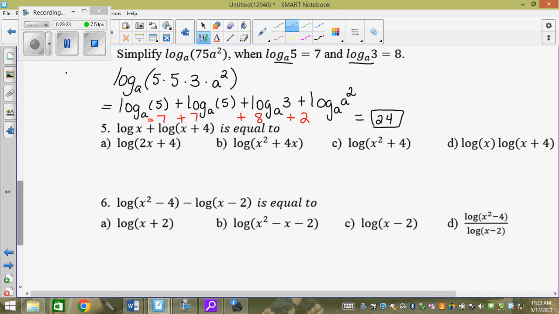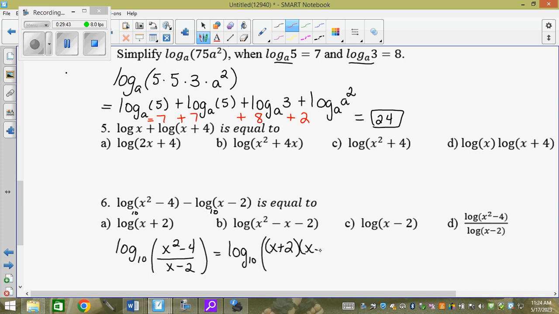I'm going to go down to this one. These would be division, because you have one of these in your homework. So this would be log base 10 and base 10, so it screams put me together when you have the 10s. The top has x squared minus 4. The bottom has x minus 2. What you have to spot is x squared minus 4 is a difference of squares. So it gets you x plus 2, x minus 2 over x minus 2. So it kind of uses rationals of grade 11. These cancel, and I just get log of x plus 2, which is a. The top one's just multiplication, so you would end up with b. Your homework